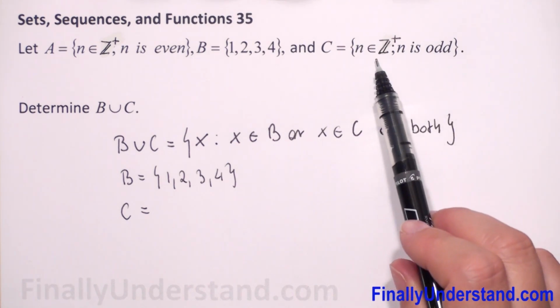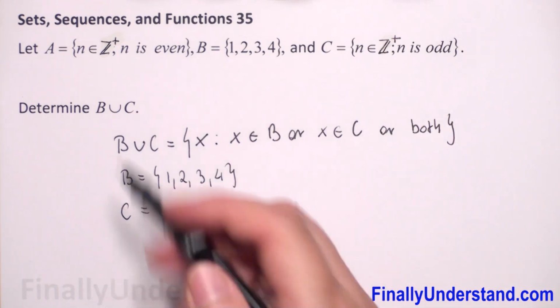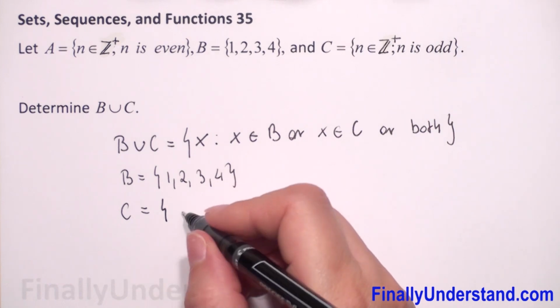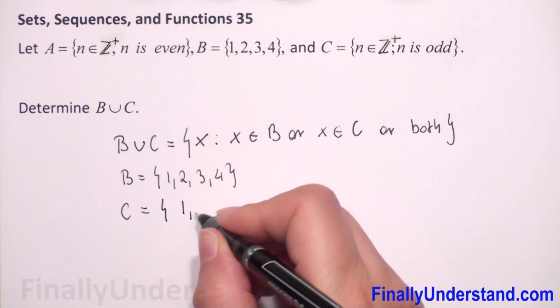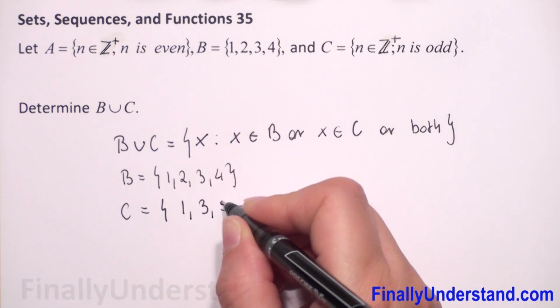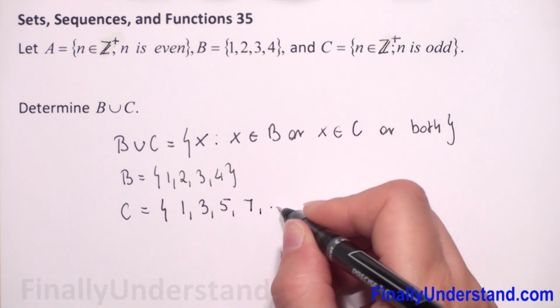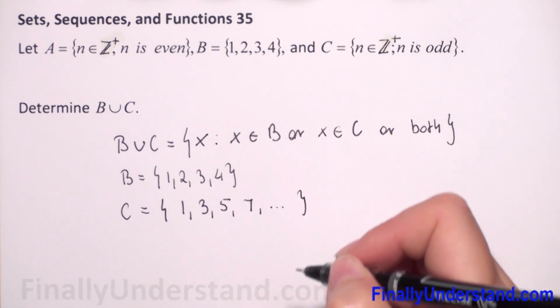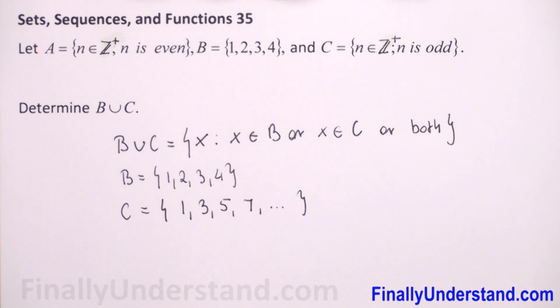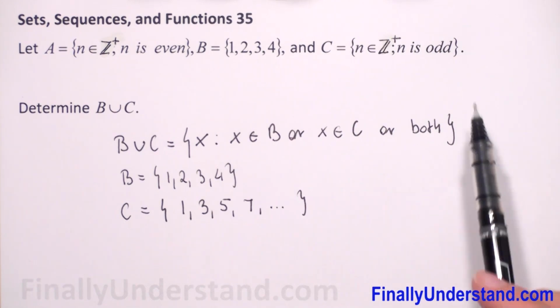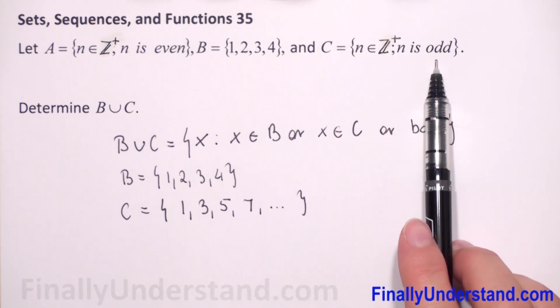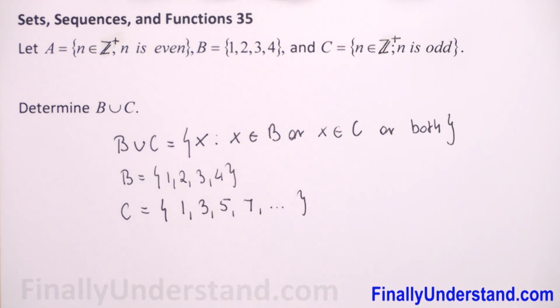And in this example, we have to choose only positive integers. So it will be 1, 3, 5, 7, and so on. We know that all the numbers I use for counting are positive integers, and we have to just add that they have to be odd. So next,